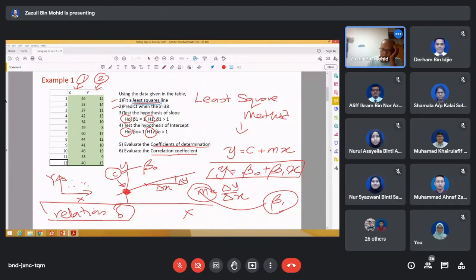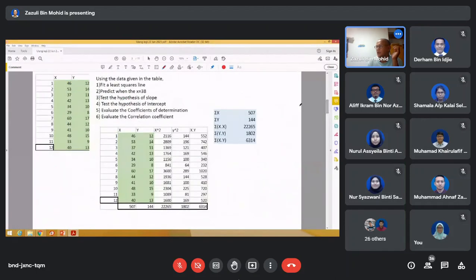So now let's see the next page. This is the page where I already calculated the value of the data from this given raw data here. In your Excel, you can prepare x, y, x square, y square, x times y. Okay,